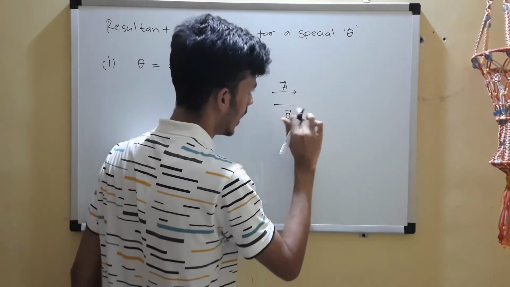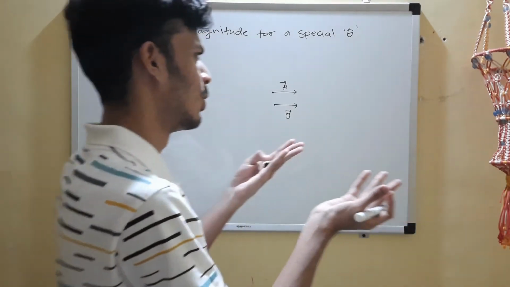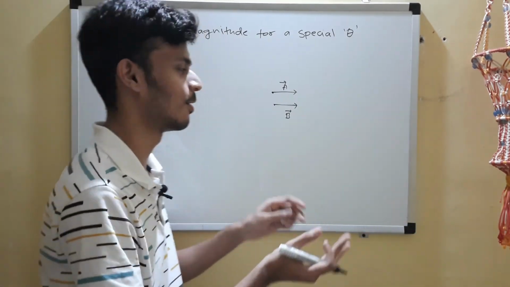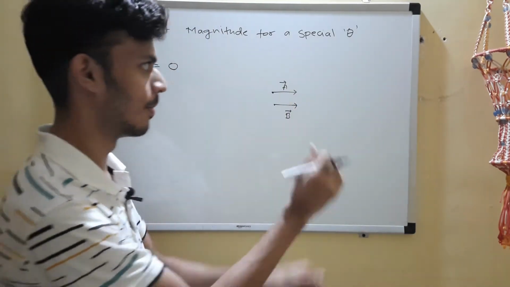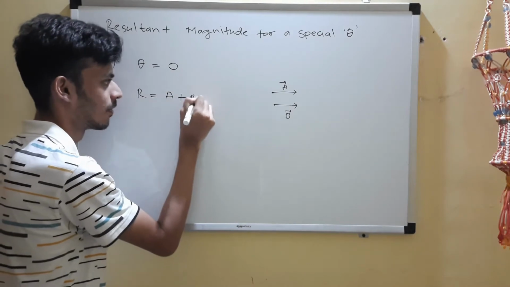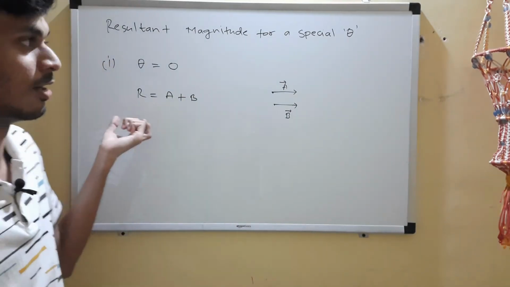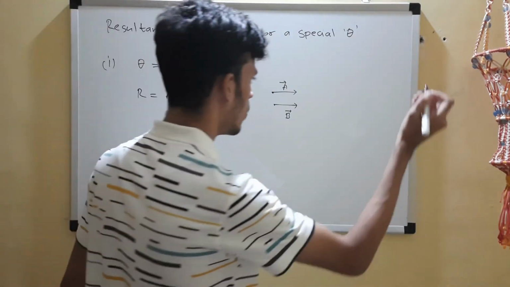Okay, so the direction aspect you can neglect, you can just add them. They are no longer vectors, you can say that loosely. They are in the same direction, so you can just add them. The resultant will be directly a plus b. You can just add their magnitudes. If you want to find the resultant magnitude, you can just add it.